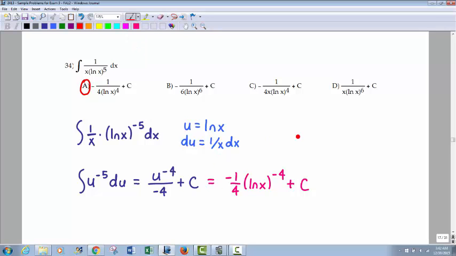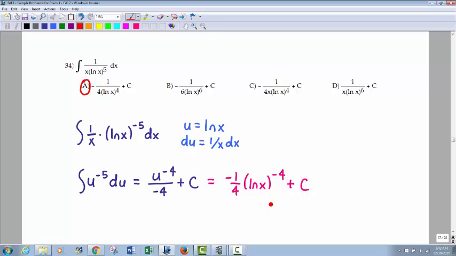In fact, that's an absolute perfect fit here. In other words, no adjustments, no dividing or anything. That's what I mean when I say perfect fit. So 1 over x dx, all that represents the du right here, and this is u to the negative 5. So power rule, negative 5 plus 1, it's negative 4, divided by negative 4. So you have negative 1/4